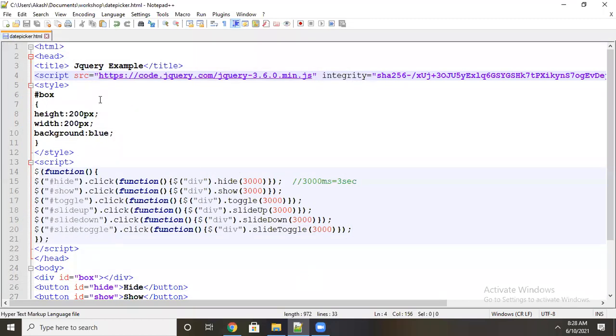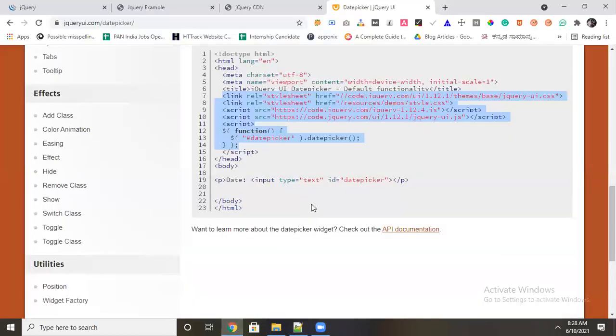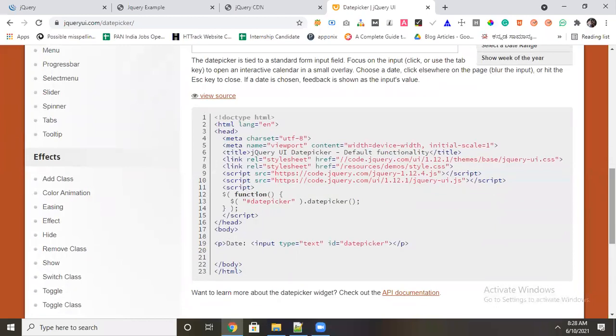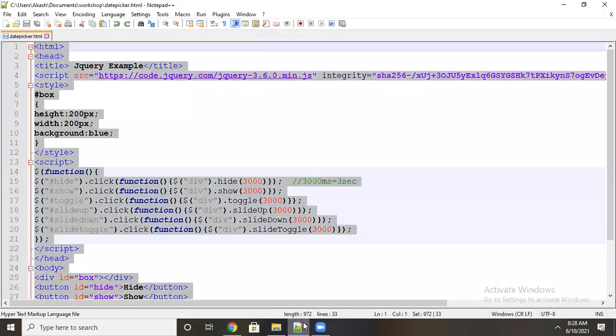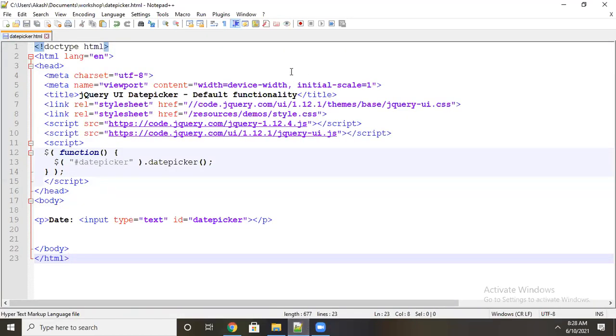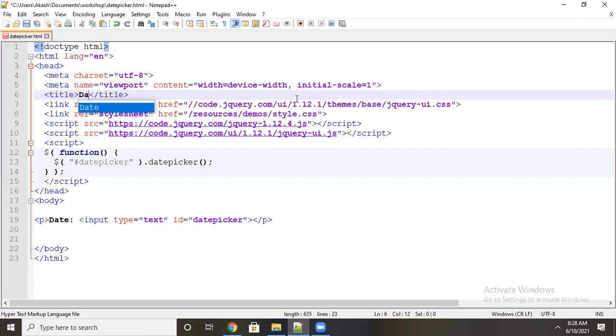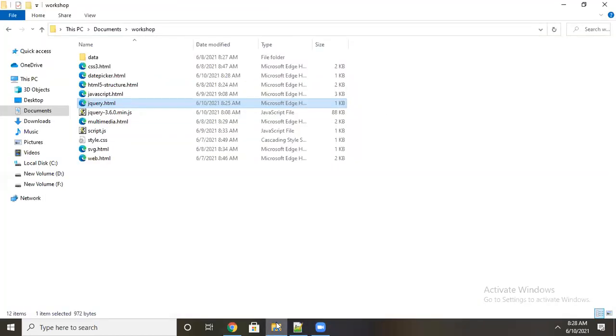Now see here, I will copy paste the whole code. Okay, I can change the title to date picker. Let's see. I will refresh.